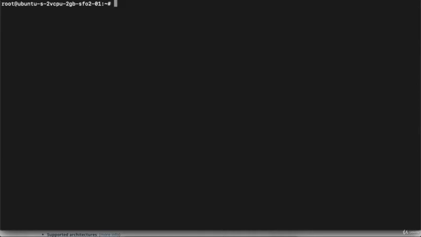Now what I need to do is start the MySQL container which has version 8.0. For this I will execute the command docker container run, and provide the name. Suppose I'm providing the name like MySQL-test, then provide the image name. The image name is MySQL. Then put a colon and provide the version you want to use. Suppose I want to use 8.0, so I have provided 8.0 over here.